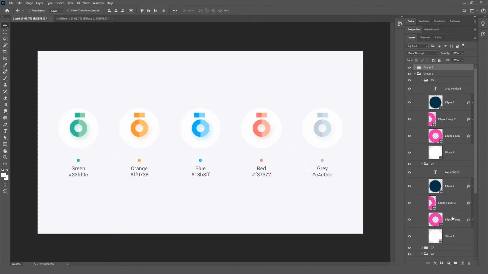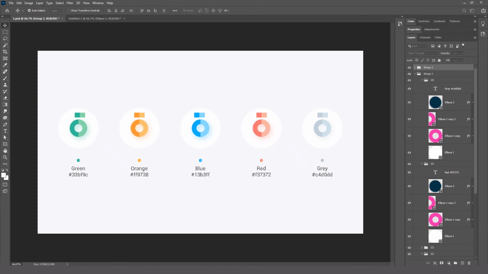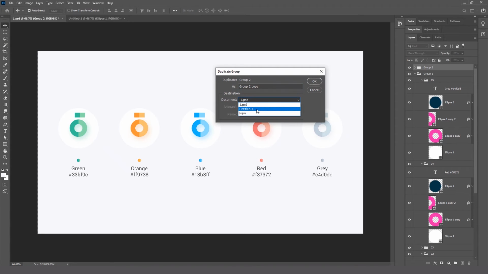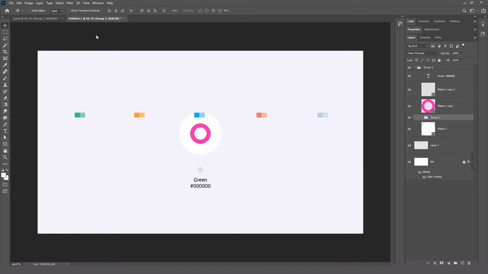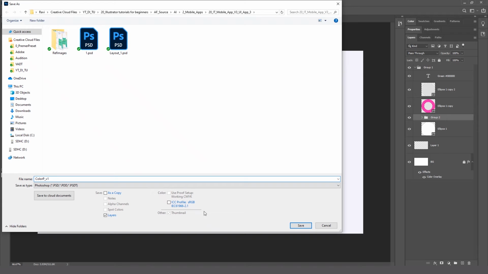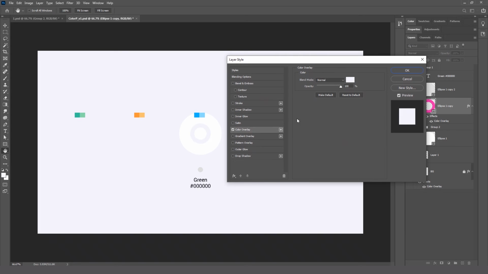So I made this a group and I just duplicate the group to our untitled file. I want to save this, so I'm going to save this as color. I've saved this PSD. You can give whatever name you want to, and the first color, I'm going to take this first color over here for this. So now what I'll do, I'll double click this and change the color overlay to green,